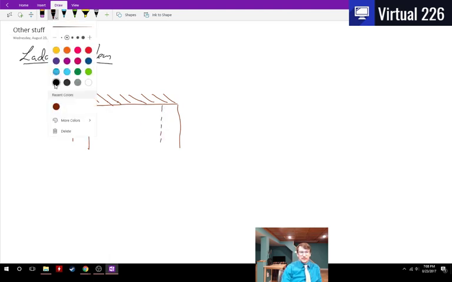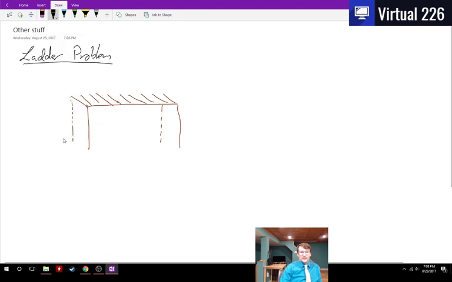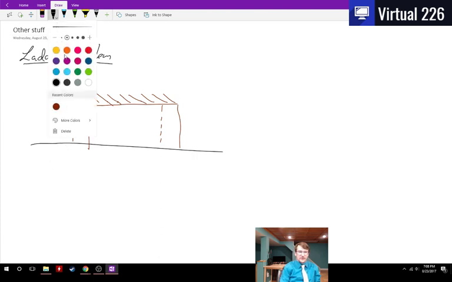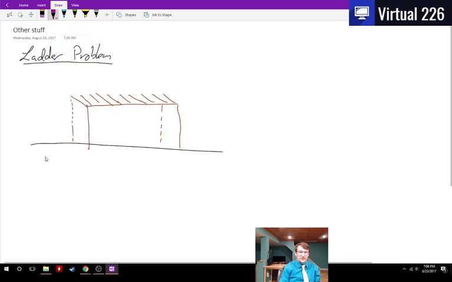So what I have here is this ladder, and it's one of those extendable ladders, right? So you can keep making the rungs go higher and higher. And right now, if this is the ground right here, we have the ladder going from the ground up to the top of the deck. So it's going like this, and it stops there. Okay,